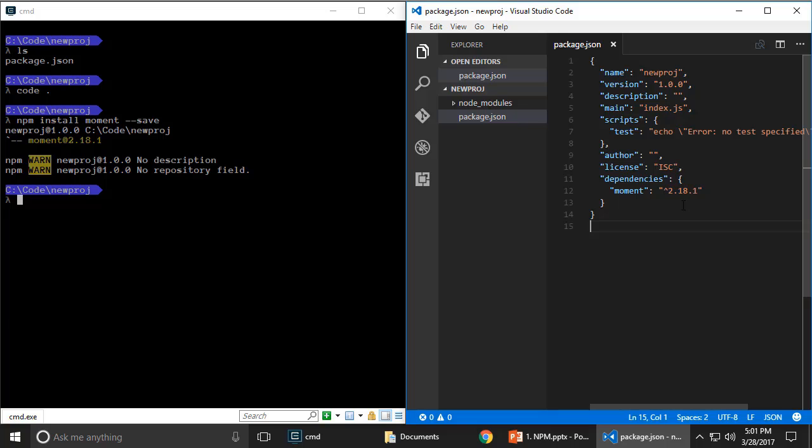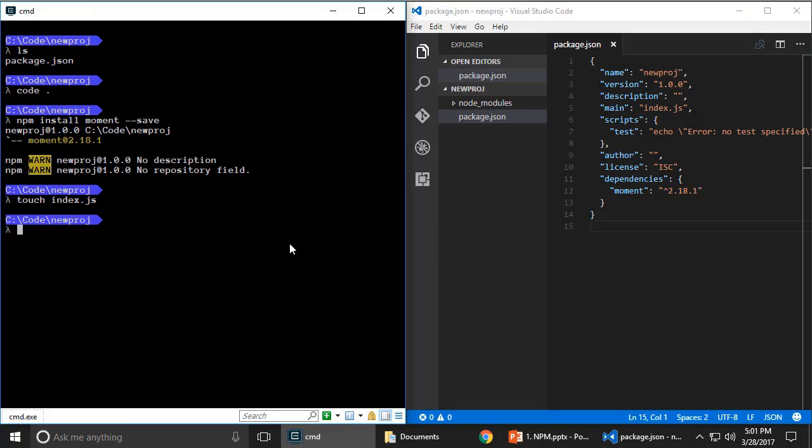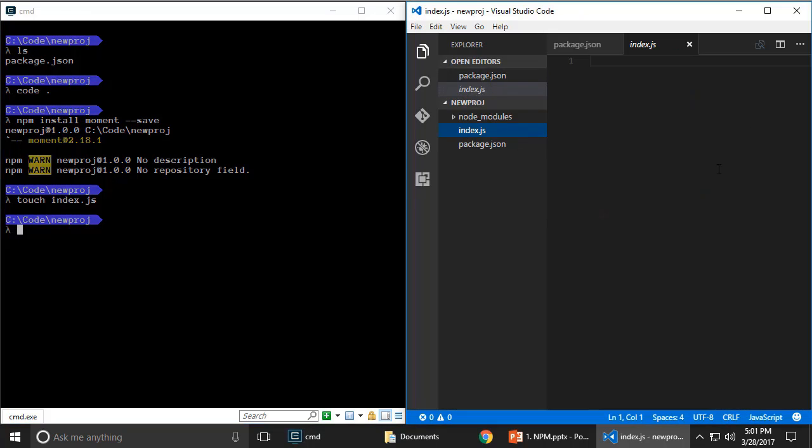Okay, so I've installed this, and now I should be able to create a new file here called index.js. And inside of index.js, I should be able to use moment.js. So I'm going to say, let's see, var moment is equal to require('moment'), okay? And then I'm going to say